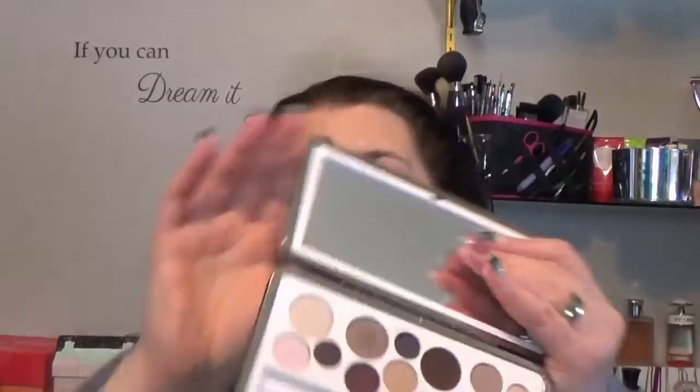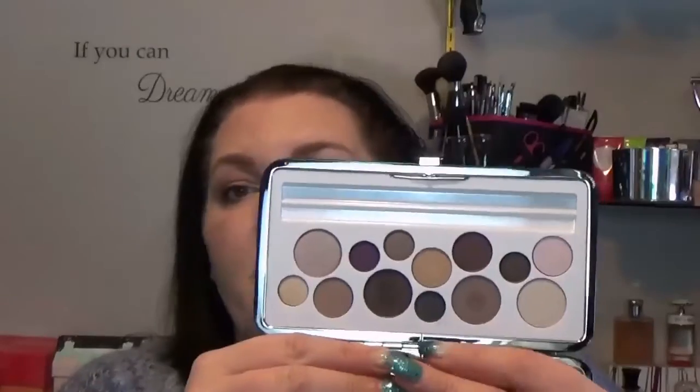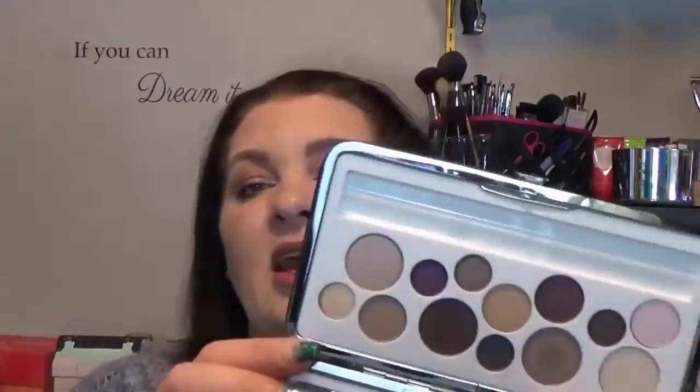Now, this is what I'm saying. This is not very big at all. This is actually quite small. Some of these are quite tiny for your eyeshadows. My tip of my finger fits in it perfectly and covers it. But I don't know that you need a lot of some of these products because they are very, very pigmented. So this was the one I was sticking my finger in,